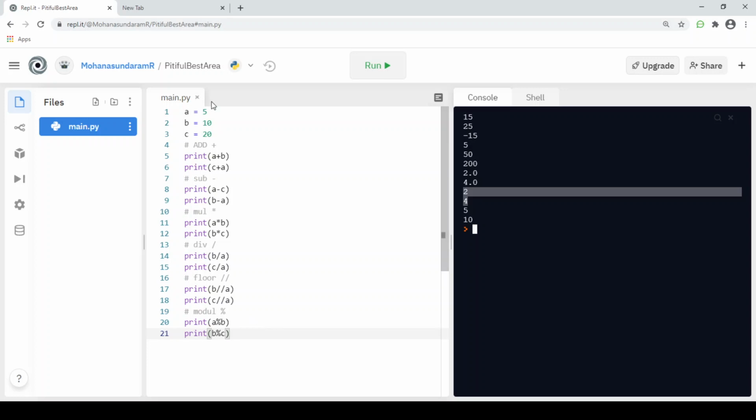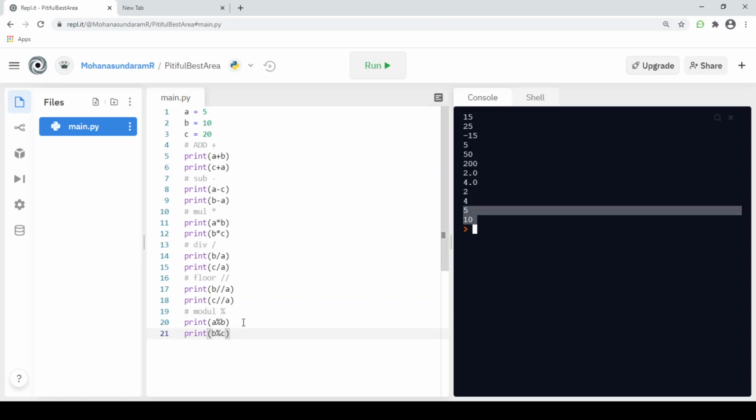For example, a mod b means 5 mod 10, we will get a remainder of 5, and b mod c, we will get a remainder of 10. This is what the modulus operator can do. It will return the remainder of an operand.